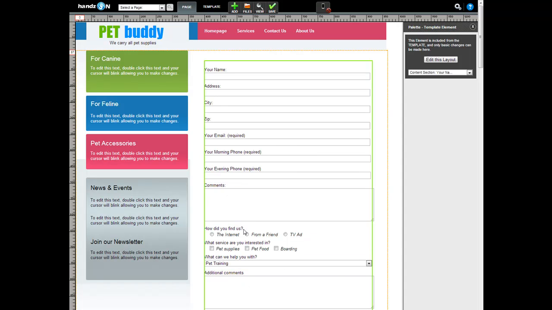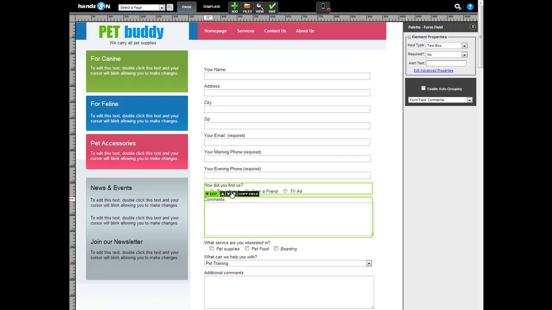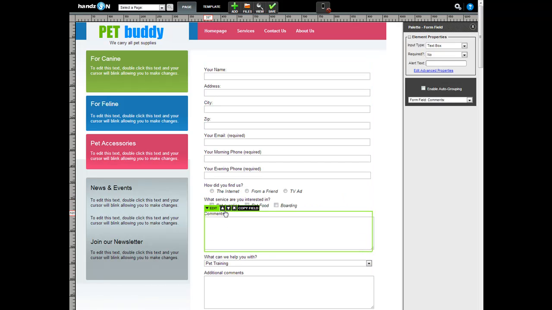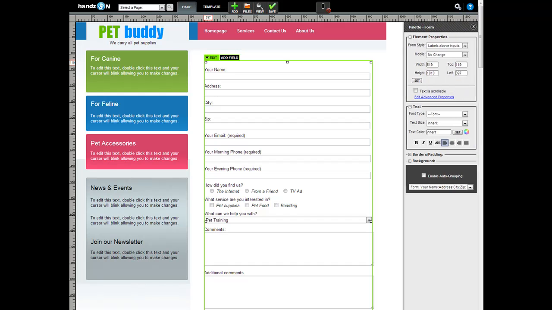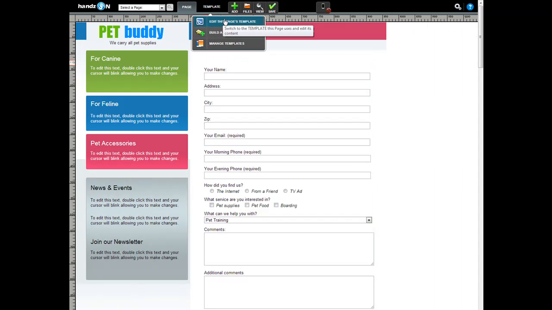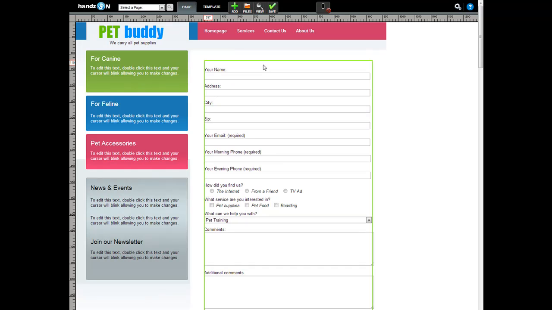So what we probably want to do is just shift some of this now. So we'll go down and we'll say comments. We'll move down just a bit here. And we'll leave our select form here. And so you'll notice we put together a pretty strong form here. And so now we just need to get the settings for the form set. So we've put in all the fields. Everything's ready to go. Let's double click that form now,